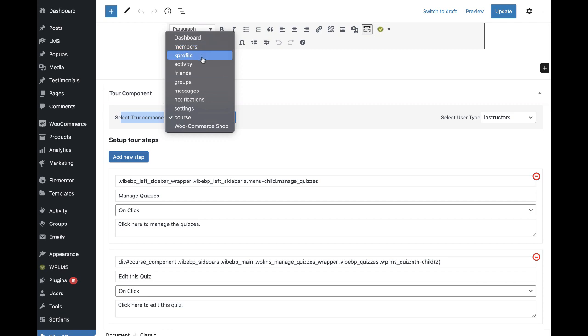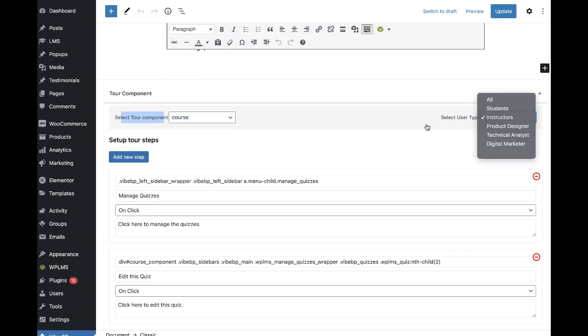Likewise, you can select members, XProfile, activity. Whatever components are available, you will be able to see them and create user guided tours for them. Then we have the user type, so you can create tours specifically for all users or student users, instructors, or the member types, because for member types also you can create different tours.